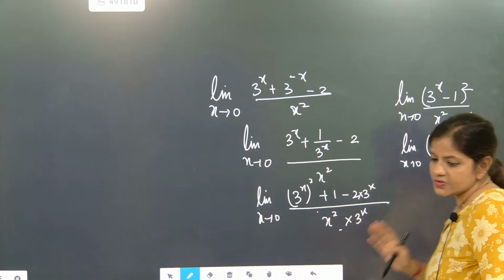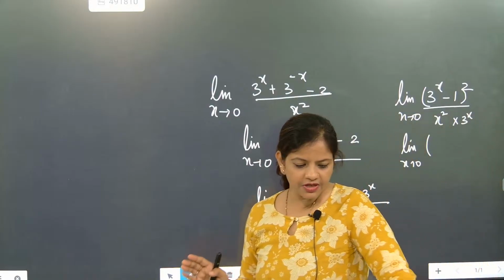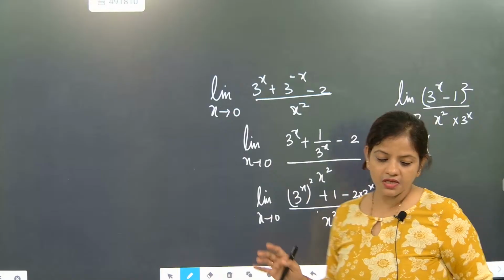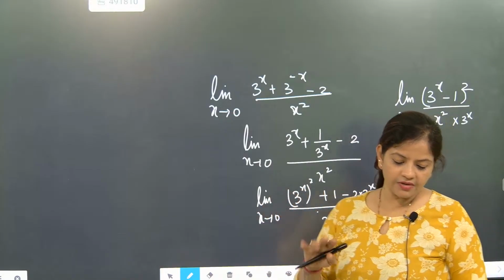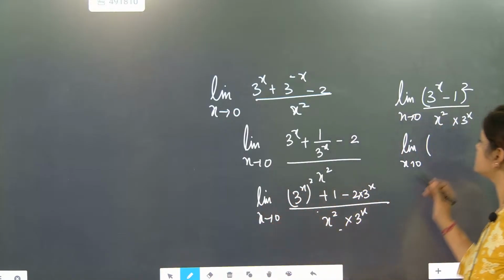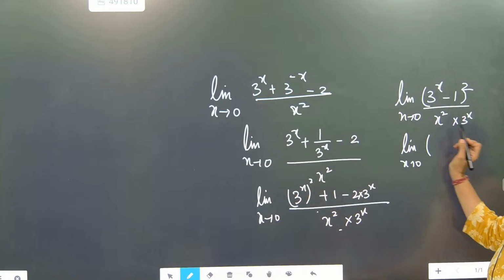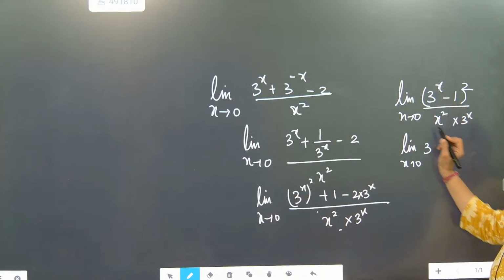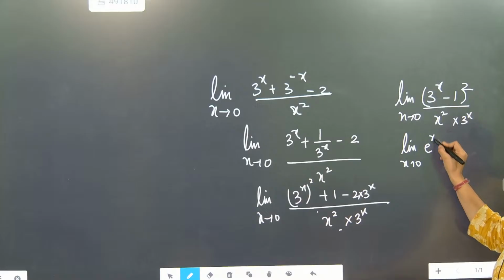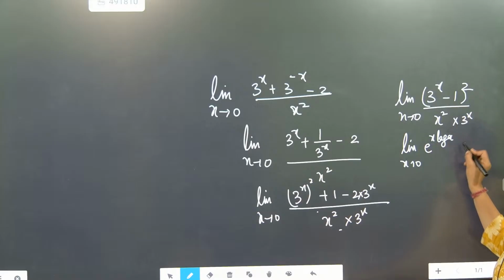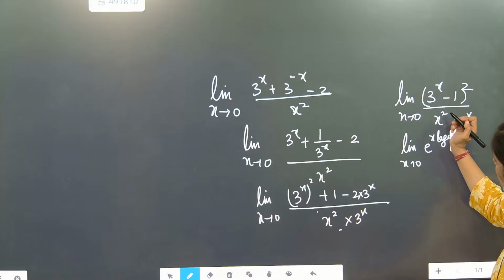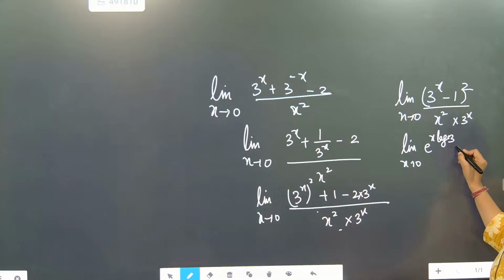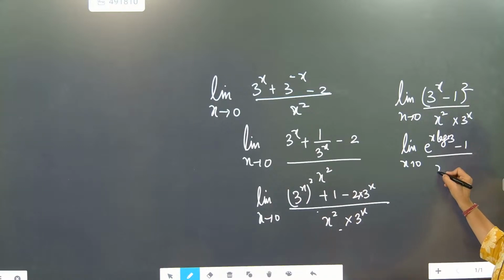But here one thing is missing. If you check nicely, limit does not exist will not be the answer. Here only one mistake I did. But here one thing must be there when you are writing this one. So here 3 to the power x is there. So what you are going to write? 3 to the power x means e to the power x log a, sorry, x log 3 because 3 is there, minus 1 by x